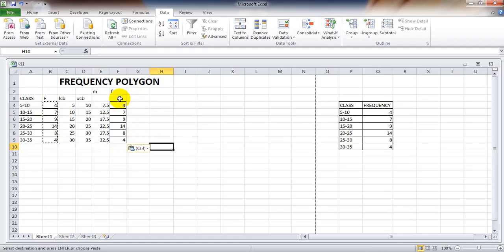Before that, we need to write 0 in the frequency column on the first and on the last as well. And in the mid value column, make a mid value first and last. Make sure that you use the LCV first value, that is 5. 5 is the smallest of all. Write 5, and at the end of the mid value, write the highest class, that is 35, and select the data